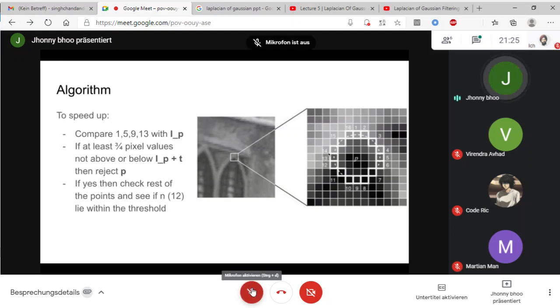So again, comparing each and every pixel in the circle would be expensive, right? So the best way to quickly decide if this pixel is a corner or not is that they usually check pixels 1, 5, 9, and 13. So these are the corners of a circle,